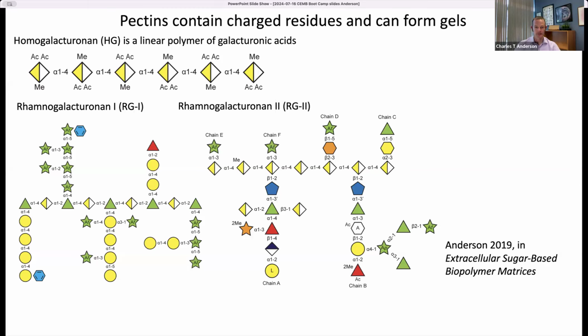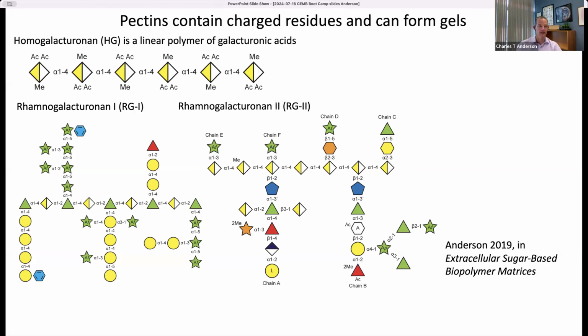And because these pectins contain galacturonic acid and in some cases glucuronic acid, these are acidic sugars that I mentioned earlier, these can be charged and they can also be methyl esterified. And pectins tend to be highly hydrated. So you might have encountered pectin if you had jam or jelly with breakfast this morning or recently. That is primarily pectin. So it's a very hydrated gel, and that provides some flexibility and fluidity to the cell